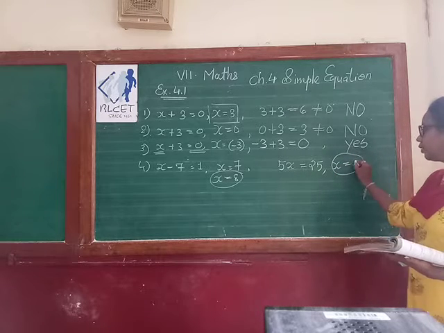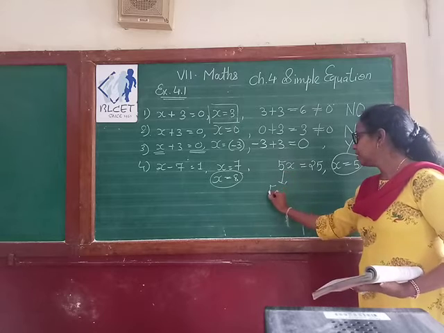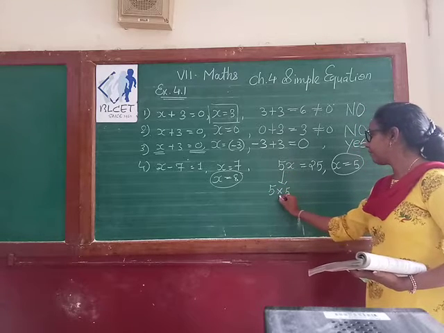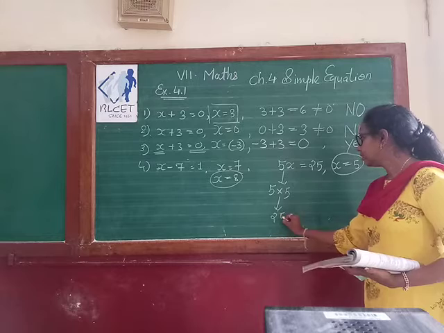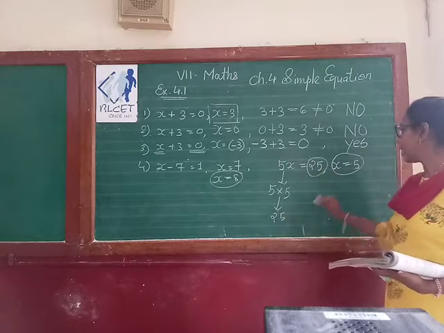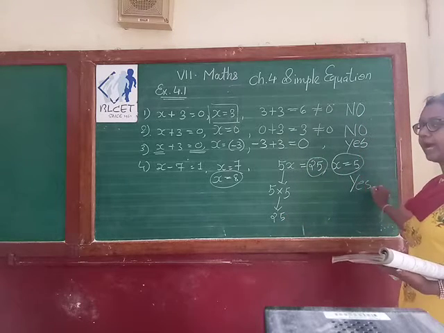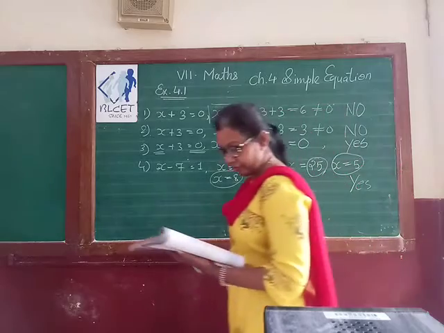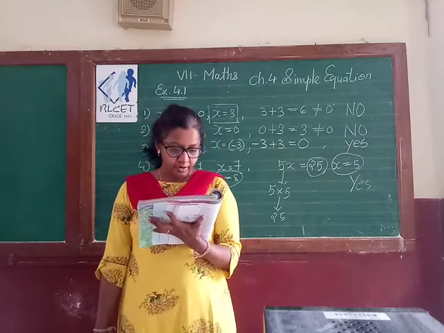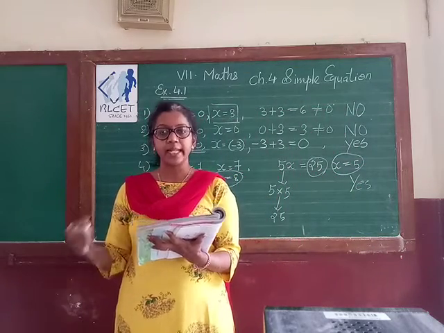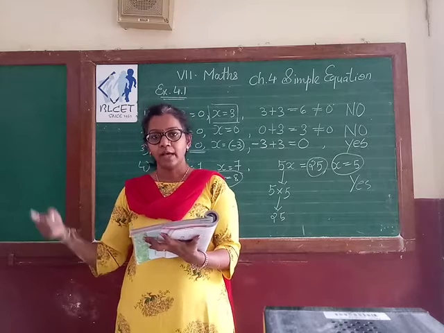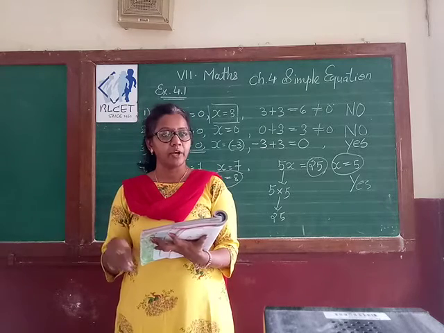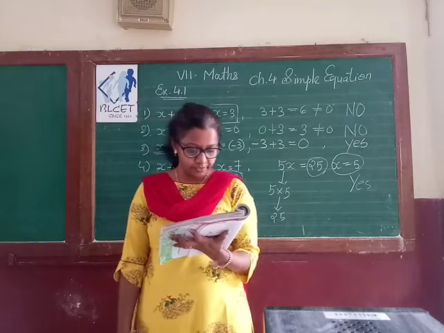For this value, if we substitute over here, 5 multiplied by 5 will give you 25, which is our required result. So we can say, for x is equal to 5, the equation is satisfied. For x equal to minus 5, you are getting the answer minus 25 and you want the answer plus 25. So again, your equation is not satisfied.